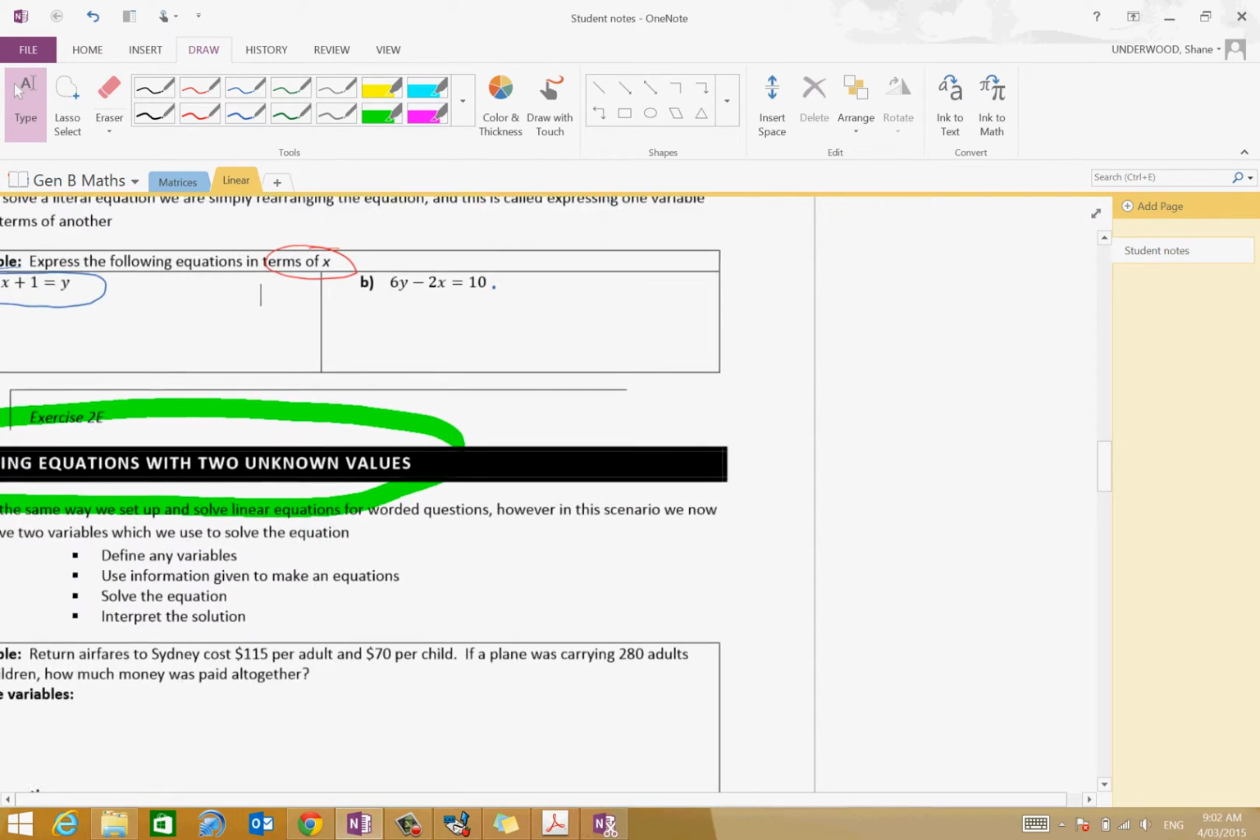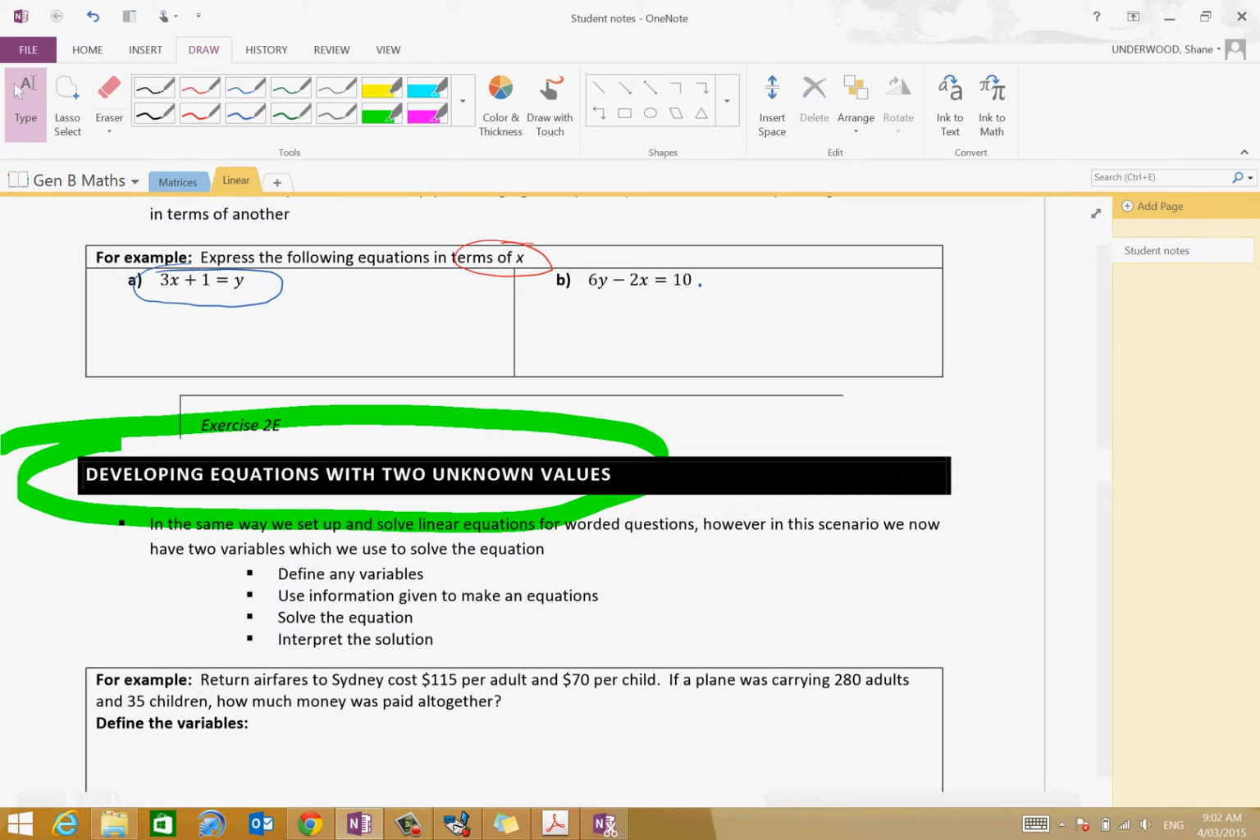Now we're going to do some algebra, and I would like you to be able to do your algebra in order to get this done. You can do this in the calculator, and I'm going to show you how to do that. But if we're expressing in terms of x, then we need to get x by itself. So in this equation here, I'm going to subtract 1 from both sides. Negative 1 plus 1 is equal to y minus 1. That's going to cancel out this plus 1 here, and what I'm left with is 3x is equal to y minus 1. I then have to divide both sides by 3,